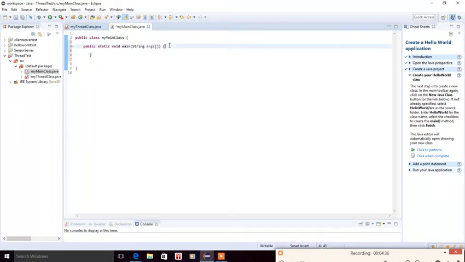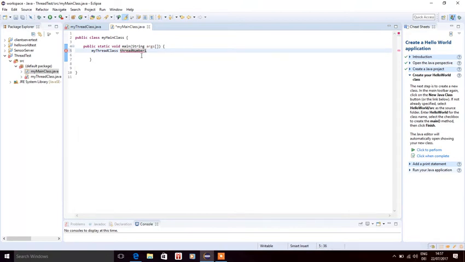Now simply Control S and write here MyThreadClass thread number underscore 1, which is equal to new,